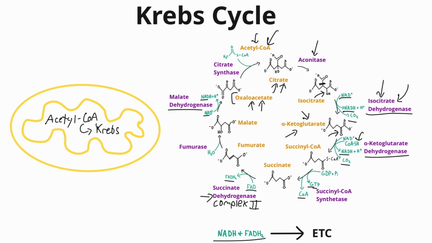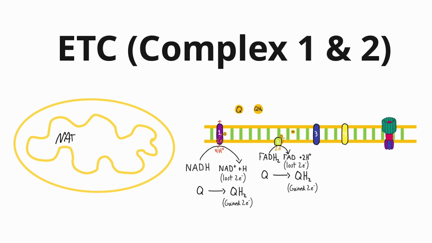And now we're finally going to look at what the NADHs and the FADH2s are going to do with all those electrons that they've gotten from the Krebs cycle, fatty acid oxidation, and glycolysis. The NADHs and the FADH2s that have been produced are all in the matrix of the mitochondria. And on the inner mitochondrial membrane, there are these protein complexes that are going to accept electrons from NADH and